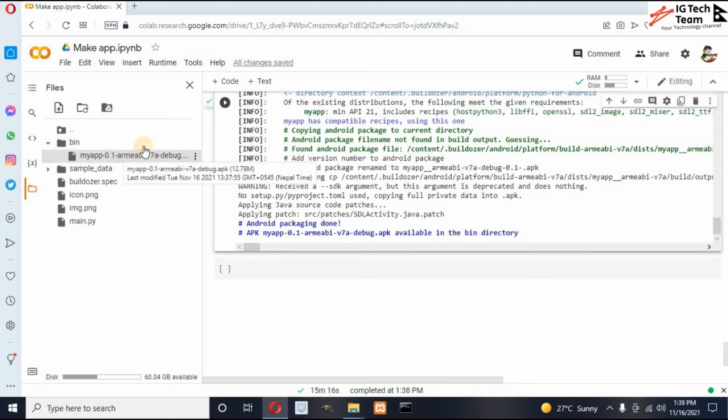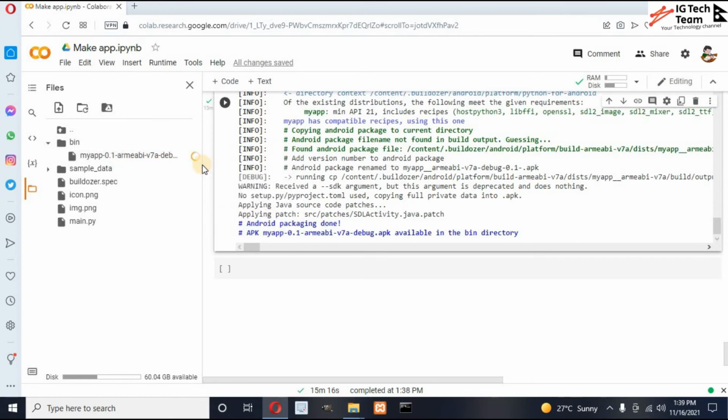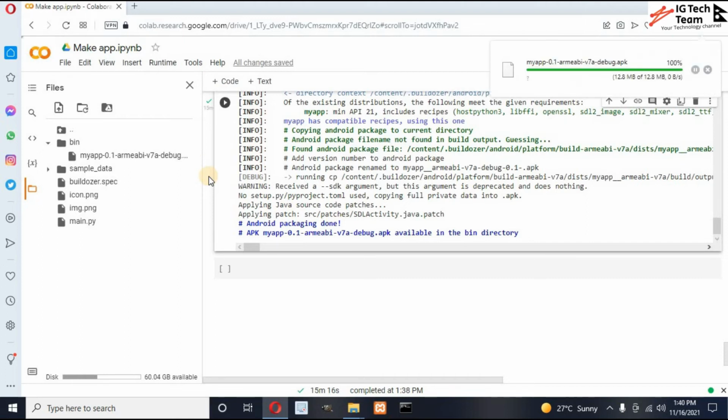So this is my required application. I can download this app. So my application file is successfully downloaded.